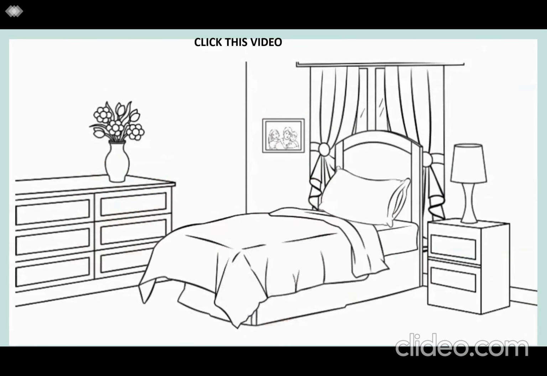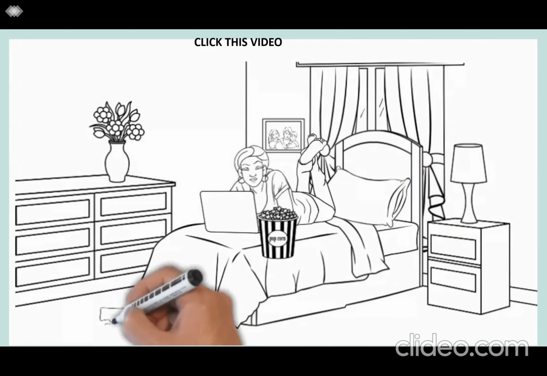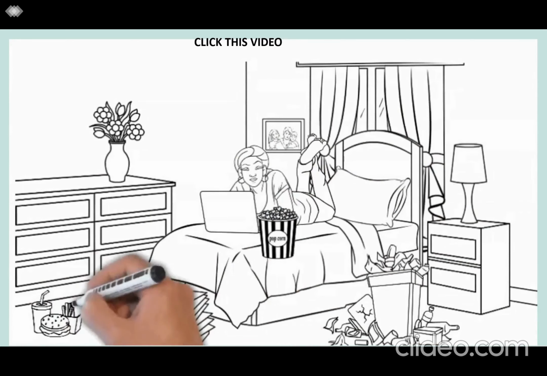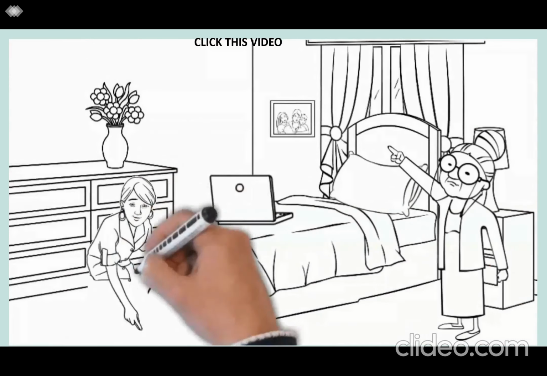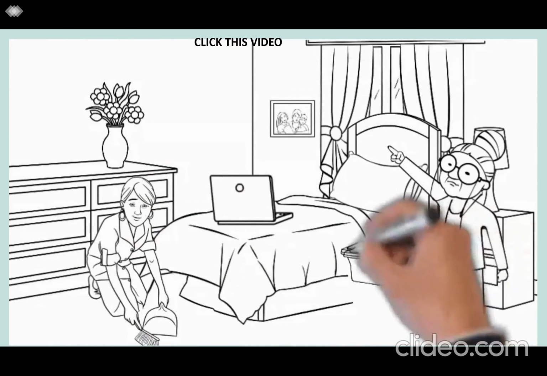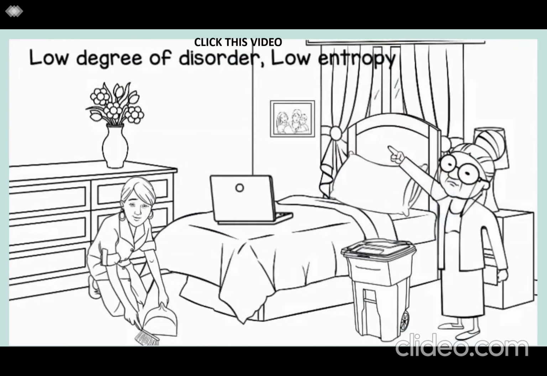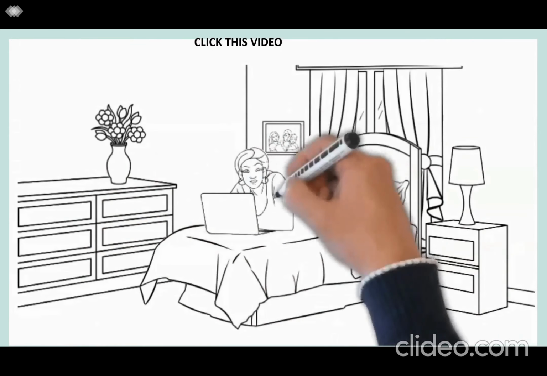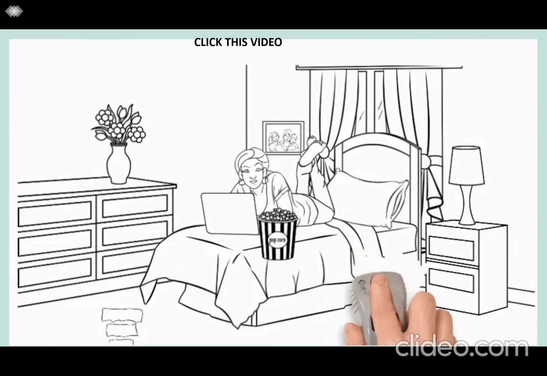Think of one day you are in your room, watching a Korean movie while eating popcorn. You tend to easily make a mess in your room over time. Food wrappers are everywhere. You are said to be in high entropy, a high degree of disorder. Suddenly your mother comes in, scolding you and asking you to clean up the mess. Here comes the pressure. You are forced to clean the room. You do it slowly, and it seems like forever to clean everything up. When everything is in order, you are said to be in low entropy, a low degree of disorder. And after several minutes of nagging, your mother leaves the room. And without hesitation, you jump back to your bed, stop every cleaning that you are doing, and watch your favorite